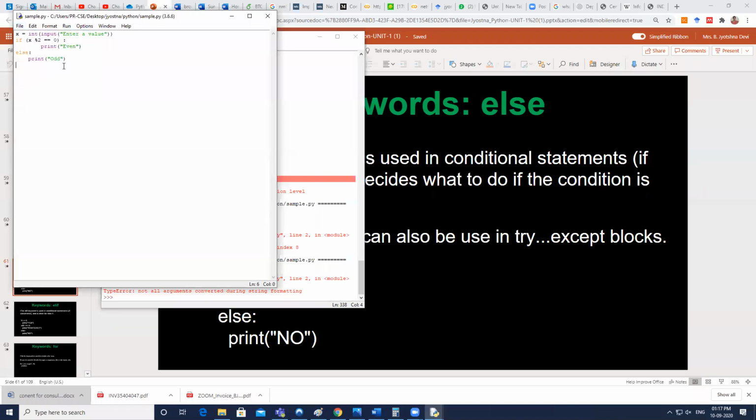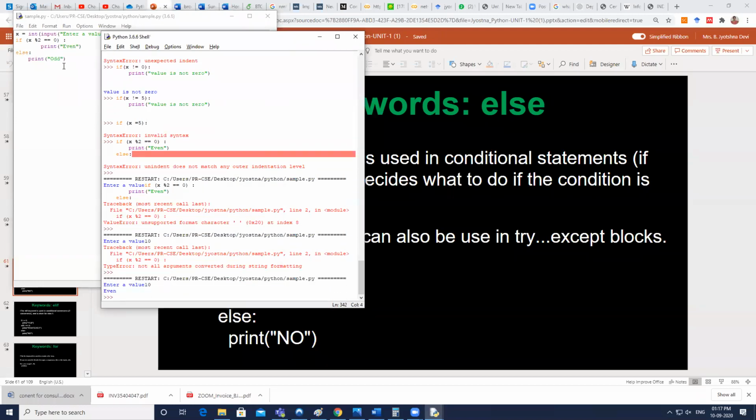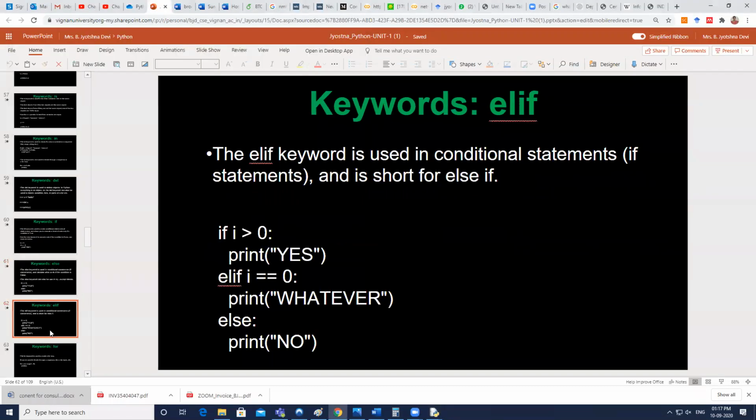Typecasting is done. Now let's execute it and see. So with 10, it's saying even number. If this condition is true, then you execute this part of the statements; otherwise, you execute this other part. Of course, we'll see more meaningful examples of this if-else while discussing the conditional structures.